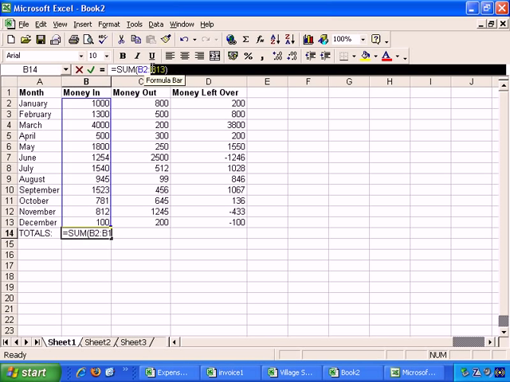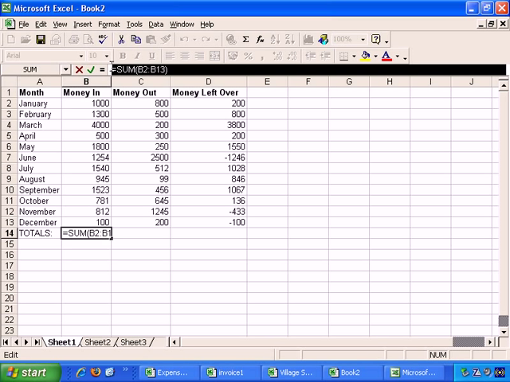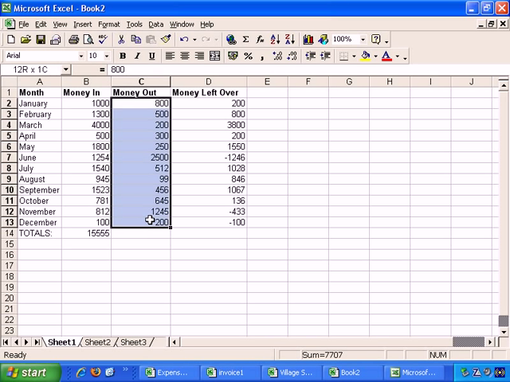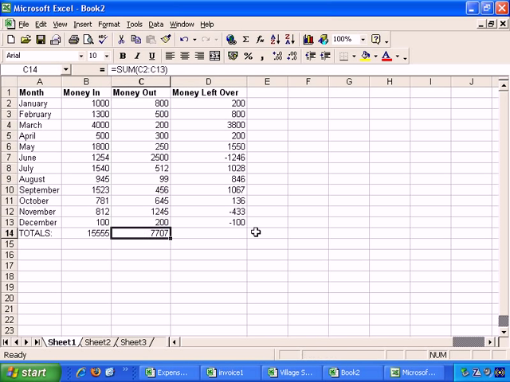And there's the formula, sum B2 colon B13. So B2 to B13. Let's press escape, and there we go. There's our total for our formula, and it comes to 15,555. Do the same here. Select those and auto sum, and there we go. Some funny numbers coming up with the total, but